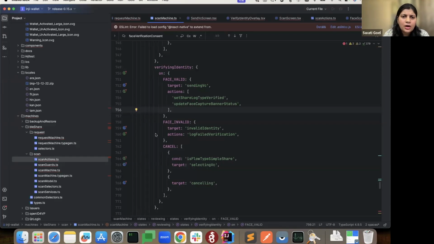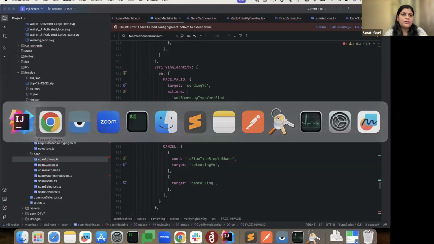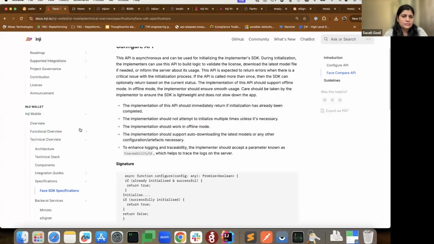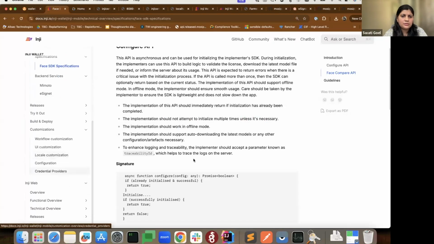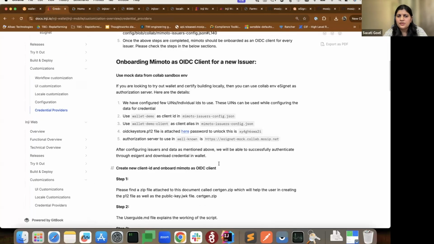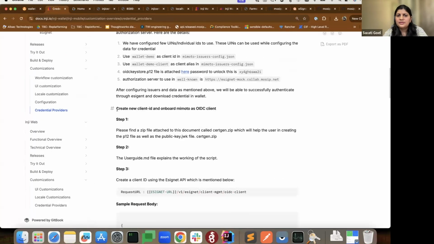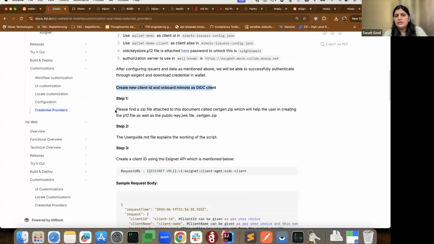Yeah, I think the last one is: can you demonstrate the OIDC client onboarding and P12 file creation? Okay, so I'll just go to the documentation only. So these are the steps mentioned here. Create new client ID, onboarding Mimoto as an OIDC client. So basically what we have done for our simplification, we have one zip file which is not uploaded here, but